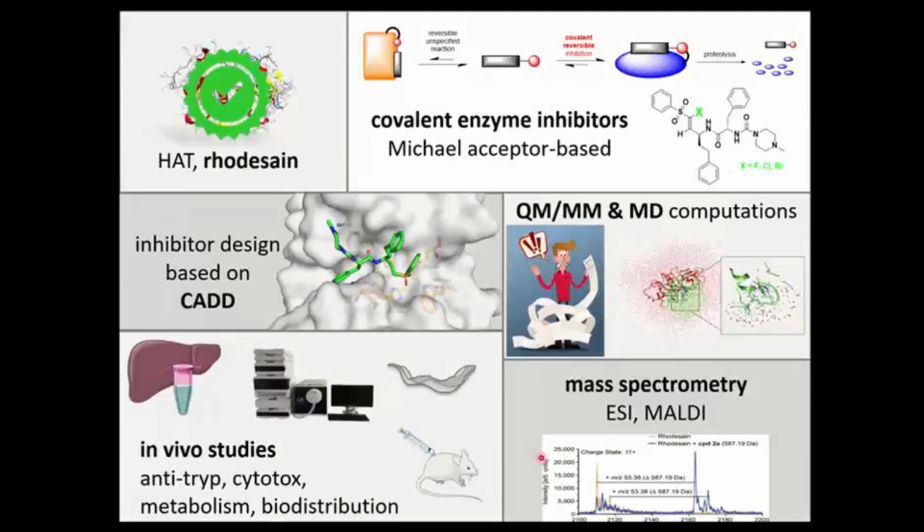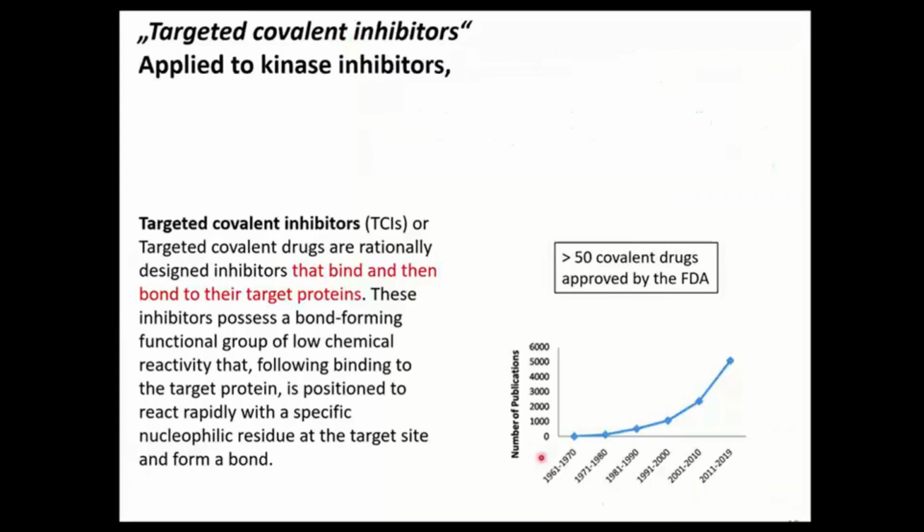So after this short introduction to the African sleeping sickness and to the target enzyme Rhodesain, I will come to the principle of covalent enzyme inhibitors with a focus on Michael acceptor-based inhibitors. So some years ago, the term targeted covalent inhibitors came up. And what are these TCIs, targeted covalent inhibitors? These are drugs which are rationally designed to bind and then bond to their target protein. So these inhibitors possess a bond-forming functional group of hopefully low chemical reactivity that, following binding to the target protein, is positioned so that it can react rapidly with a specific nucleophilic residue at the target site and form a